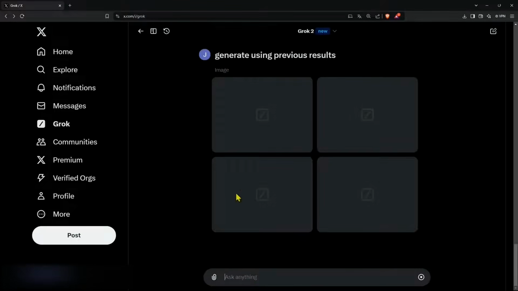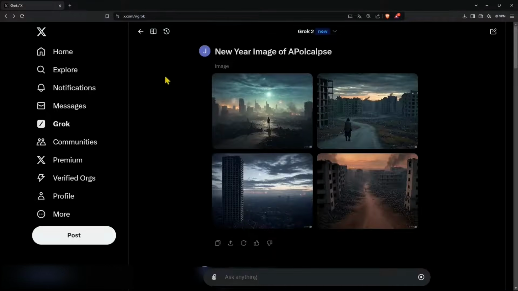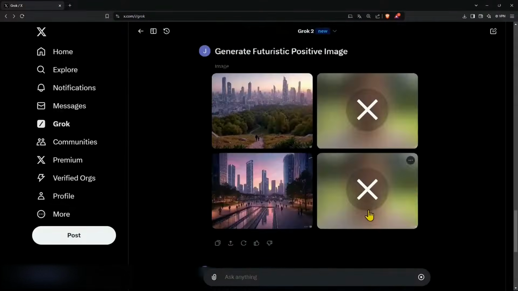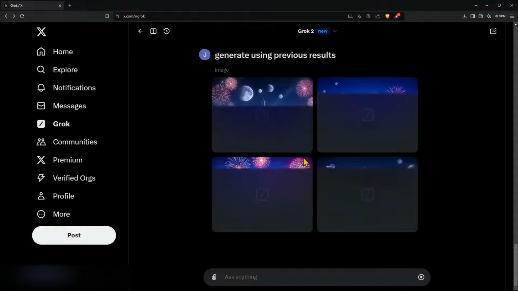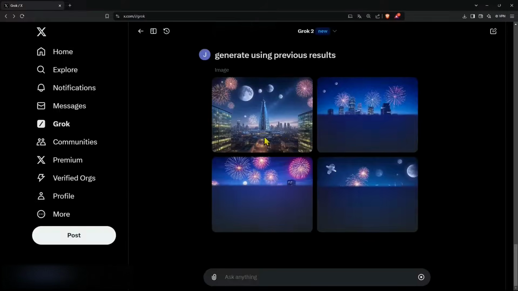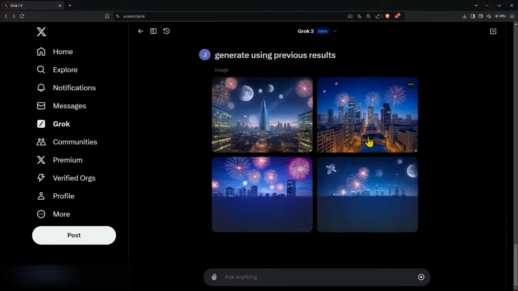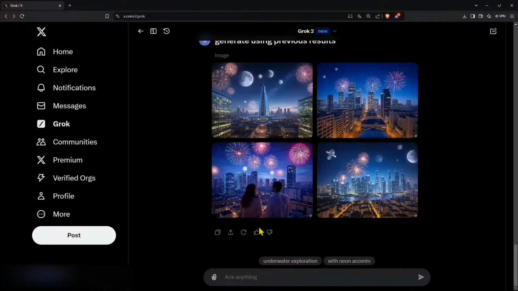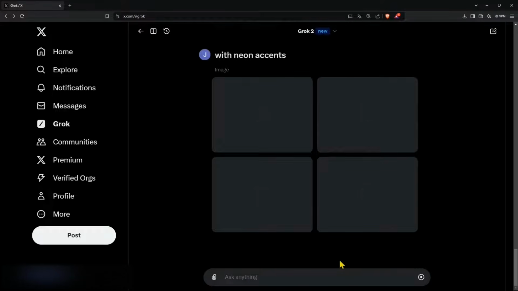So I don't want to give up on those that I created before. I just want to mash up everything. If I go back here from the beginning, I started with kind of a post-apocalyptic vision, and then I wanted to do a more positive imagery, and it's creating now kind of another planet or planets in the sky and fireworks and everything we indicated before. It's now in the image. Let's add also the neon accents, so to do something even more